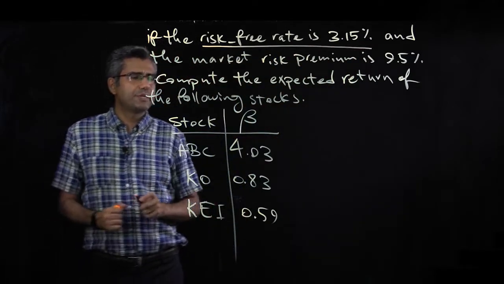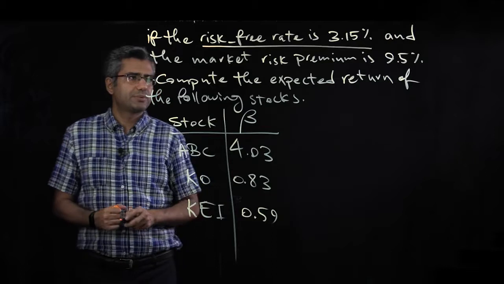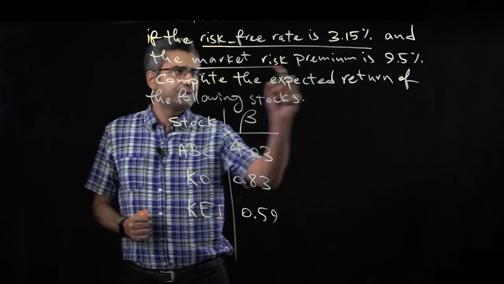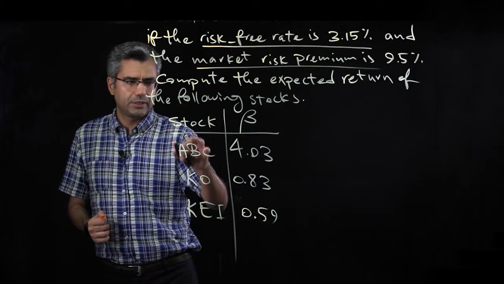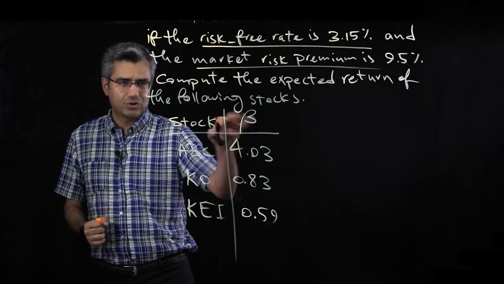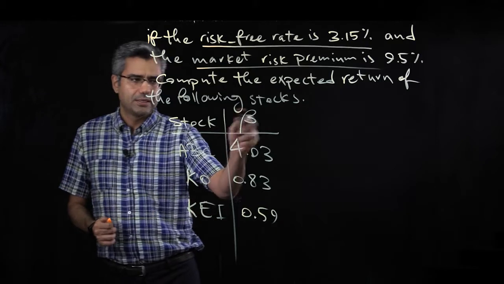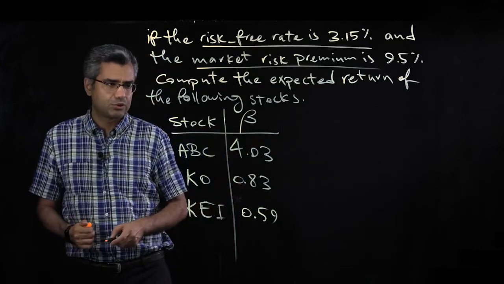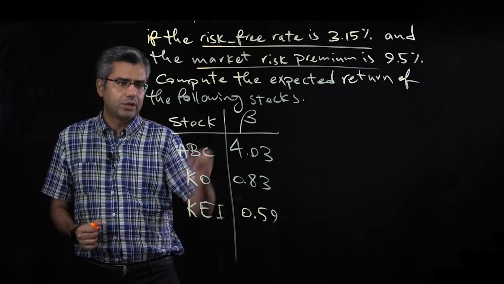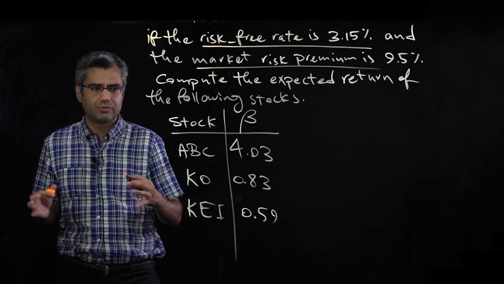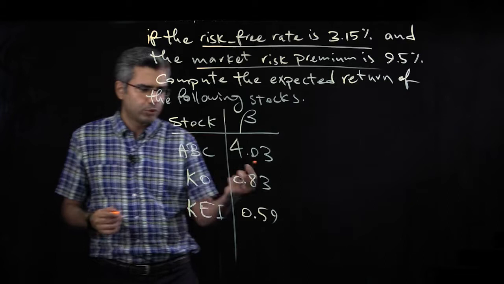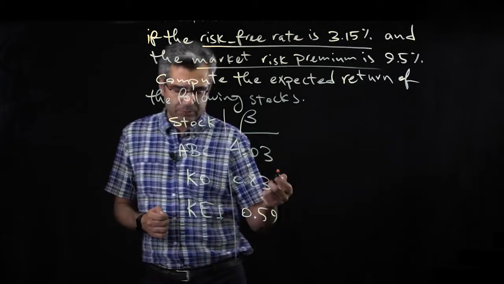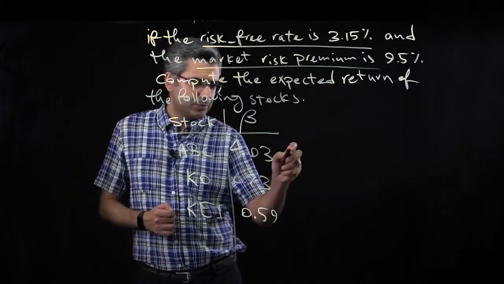So the risk-free rate here is given as 3.15%, and the market risk premium also is given. So how do we compute the expected return on the stocks based on their beta? Beta is a measure of the systematic risk of the stock. Beta actually compares the risk of the stock with the whole market, right? So the formula is the capital asset pricing model formula, and expected return